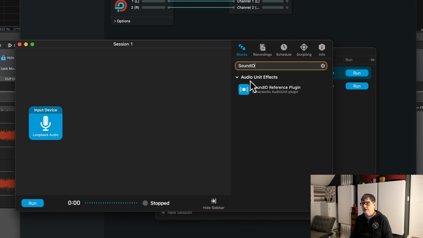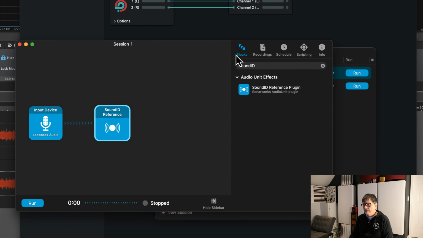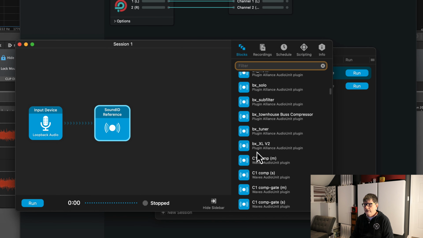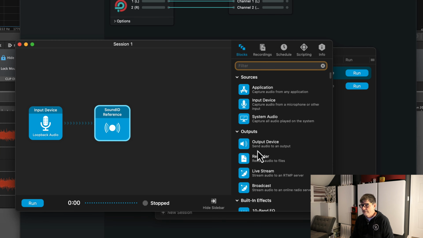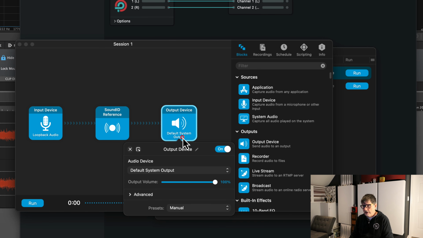Okay, so I bring in this plugin. And by the way, you can plug in any plugin from the system here, because if you look at this, a lot of Waves plugins and plugins from other places, and you can do whatever you want with it. Then finally, I'm going to put in an output device, and this I will set to my benchmark